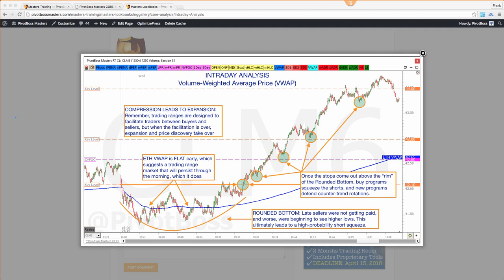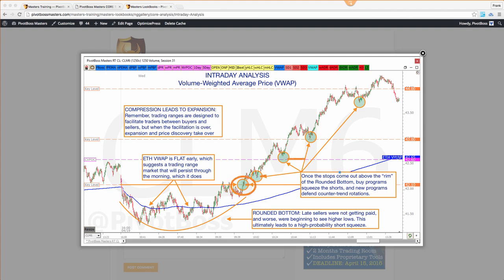And so with regards to VWAP, if it's super flat, you need to be looking to either stay on the sideline or fade new highs and new lows. But you also need to be watching for any signs of bias. Because if there's a bias that starts to develop, then it could provide a solid move. And then from there, VWAP will start to trend up, and then you're looking to defend pullbacks in a sloping environment. So once the stops come out right here, that's where the stops came out.